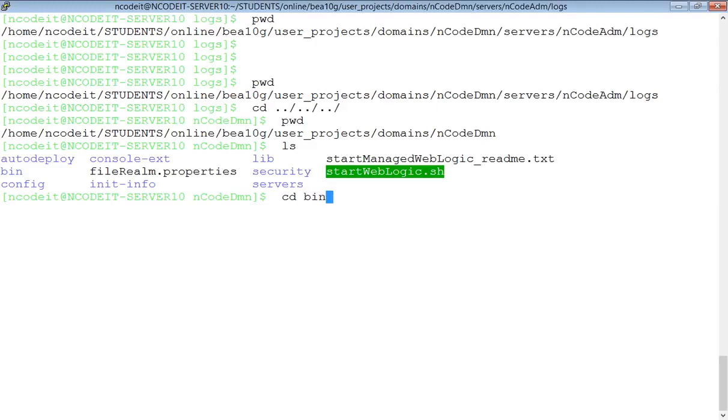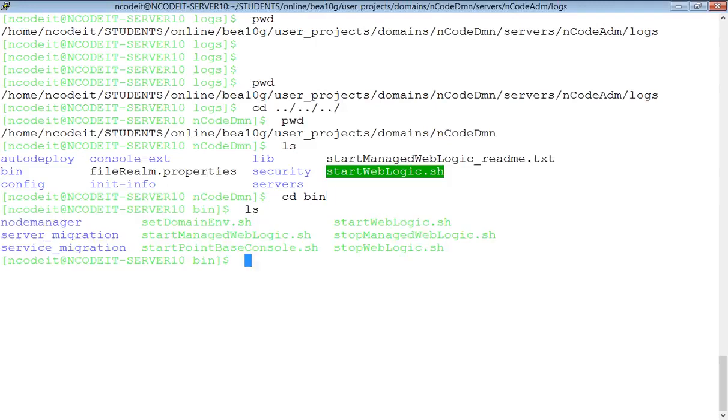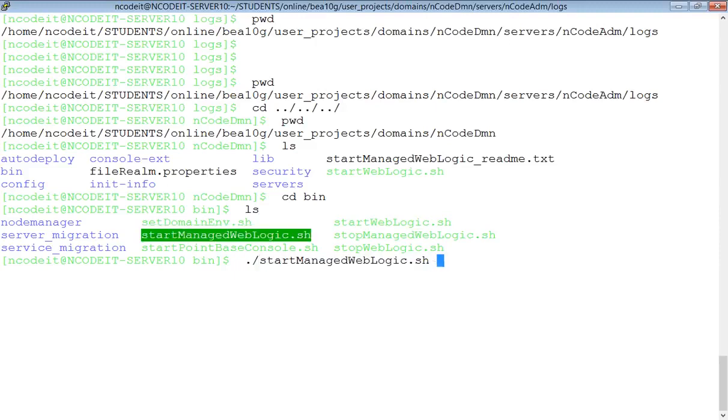Usually, to keep it symmetrical, we run everything from the bin directory. Under bin, just now we used startWebLogic.sh. Now we're going to use startManagedWebLogic.sh, managed server name, encode mng1,